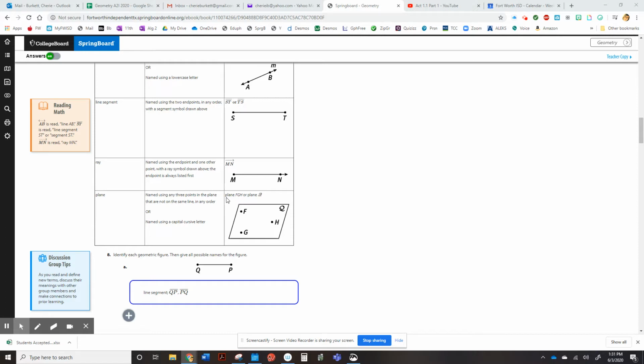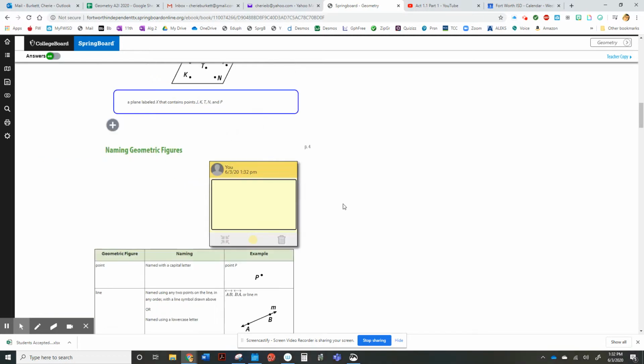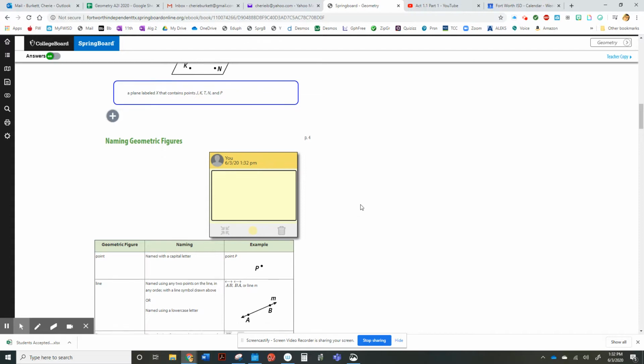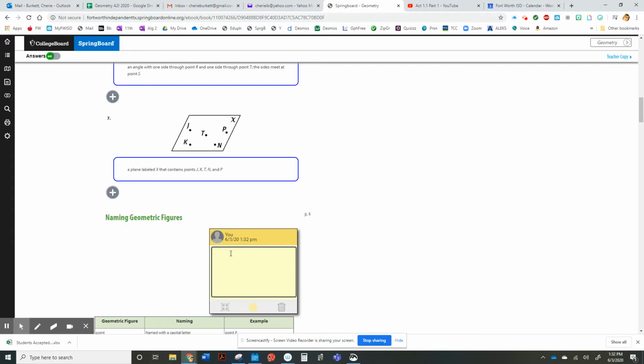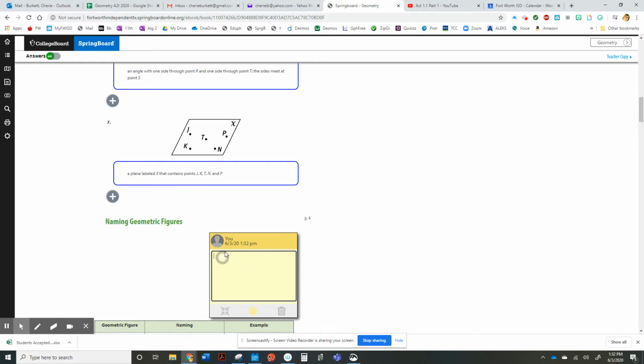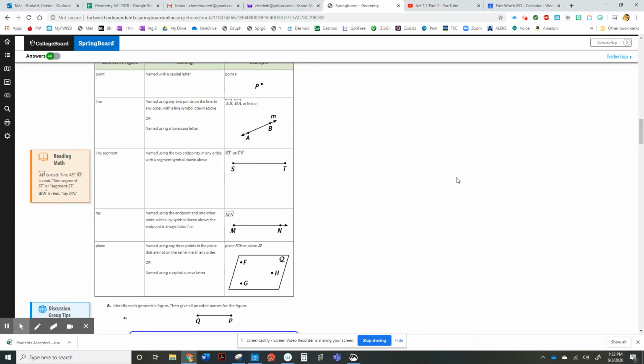The plane is the only one or is one of the ones that does not have... I didn't know that was a feature. Huh. You could just type on that though. I'm sorry, I'm finding out new stuff. I didn't like that though, because you have to type, and I don't want to type, I want to write. And my pen, Springboard doesn't like my pen. Anyway,